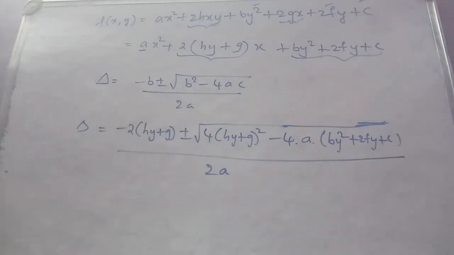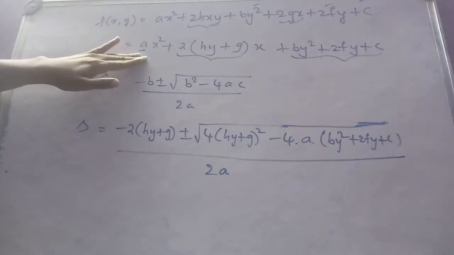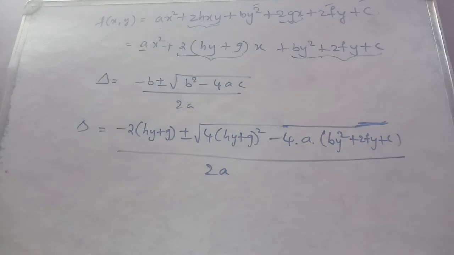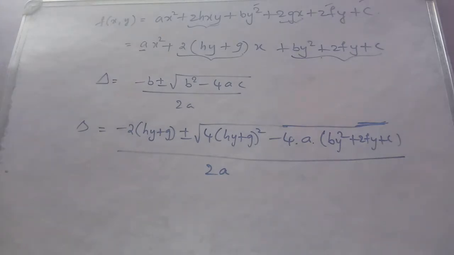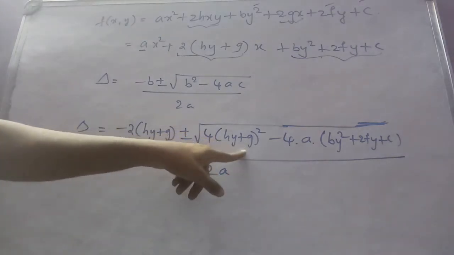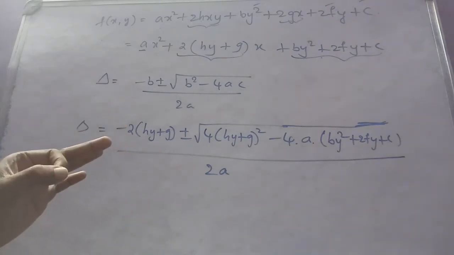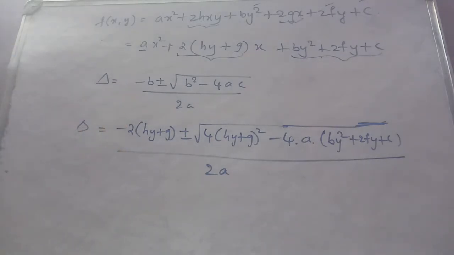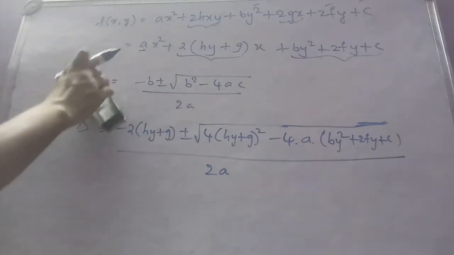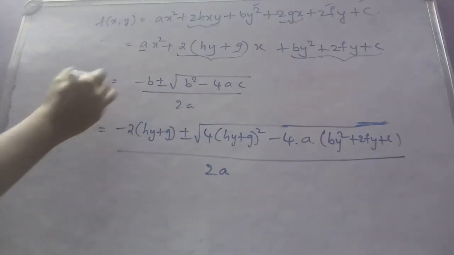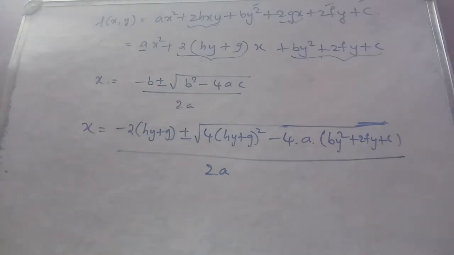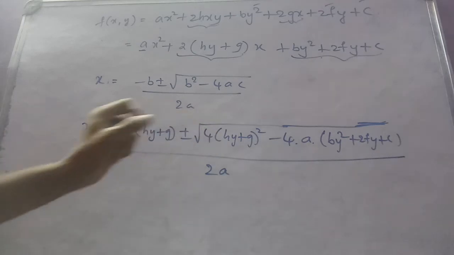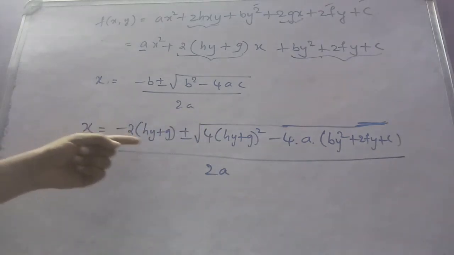Observe one thing. If I want this quadratic expression to be written as a product of two linear factors, then understand that the discriminant which comes under the root must be a perfect square. So the delta, I'm very sorry, this is not delta, this is x is equal to, okay. So the delta means b square minus 4ac. So delta is discriminant b square minus 4ac. So this discriminant must be a perfect square. Only then I will get a rational root.